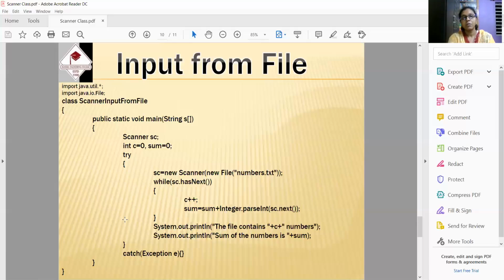For unchecked exceptions, you may provide a user-defined exception handler like try, catch, throw, throws. Finally, for checked exceptions, you have to give user-defined exception handler code. Try, catch, throw, throws, you must use. Already the difference between checked and unchecked I have told.